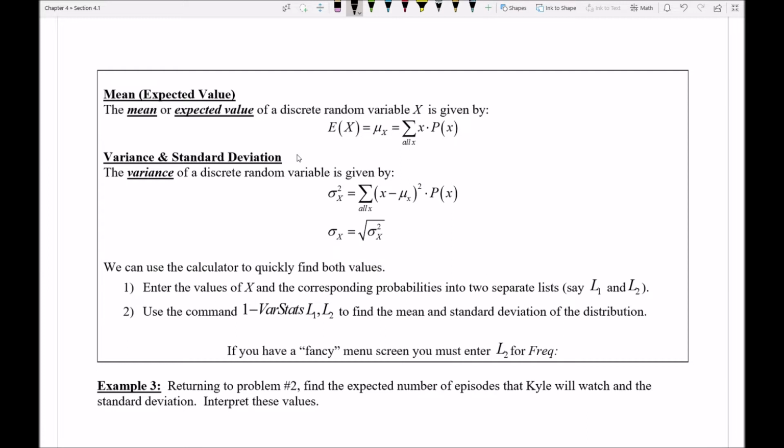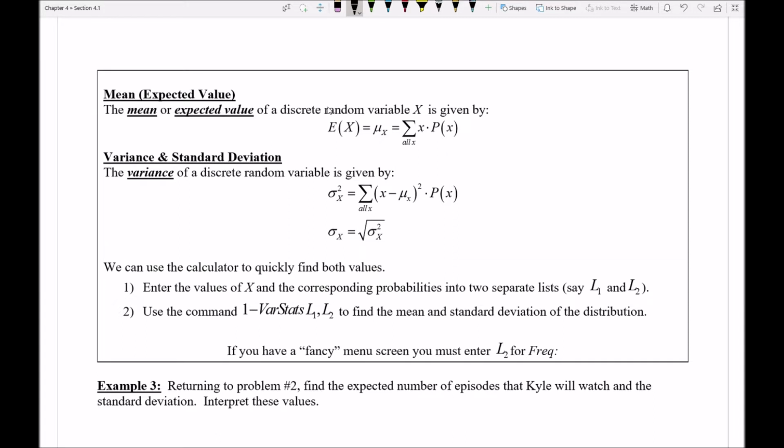Let's suppose here again that x still represents the number of episodes that I'm going to watch throughout the rest of this week. You might want to know, if I was to repeat this experiment, how many episodes am I going to watch next week, and the week after, and the week after that. You could imagine that I could create an average number of episodes that I watch per week, what we also call the mean number of episodes, or the expected number of episodes, or the expected value of